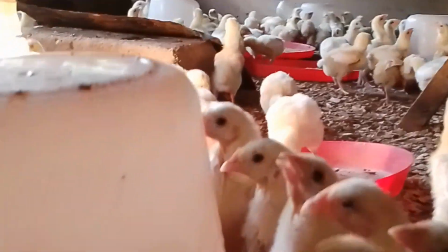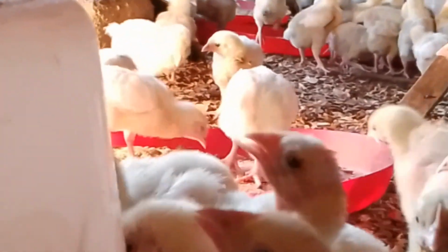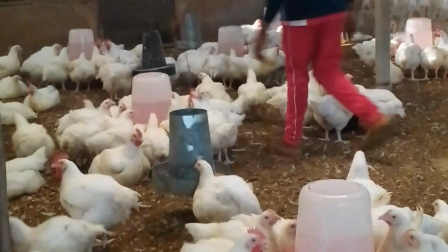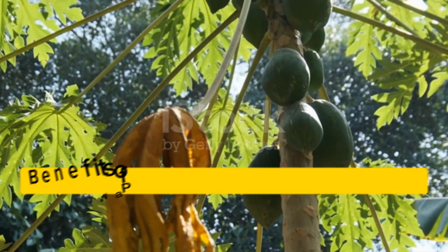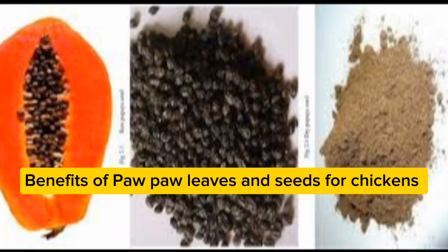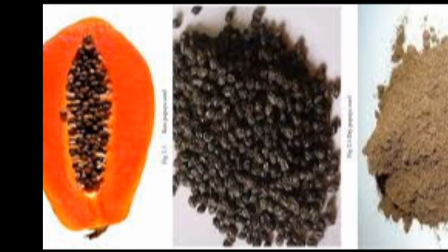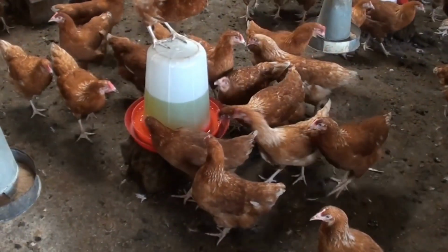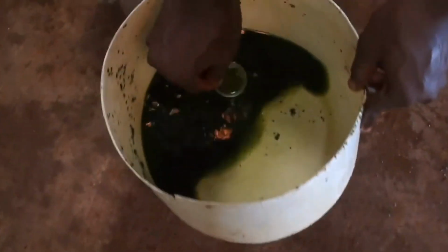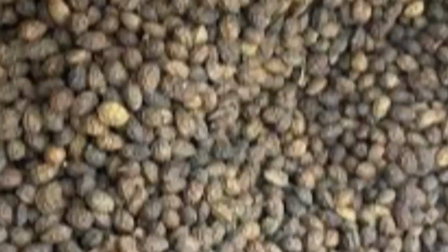Imagine if you could boost the health and weight gain of your chickens with a simple natural solution growing right in your backyard. Surprised? Today we are uncovering the incredible benefits of pawpaw leaves and seed, an age-old secret used by farmers worldwide to keep their flocks thriving. Stay tuned to learn how you can use pawpaw leaf meal, extract and seed to give your chicken a natural